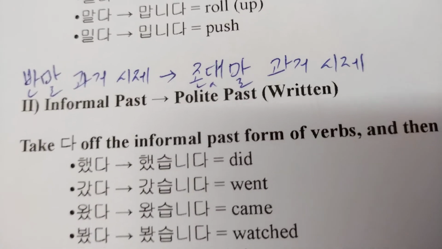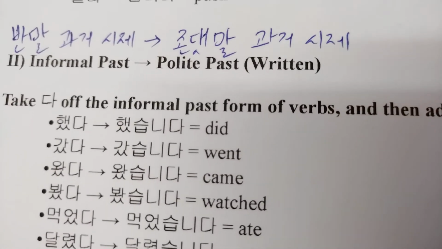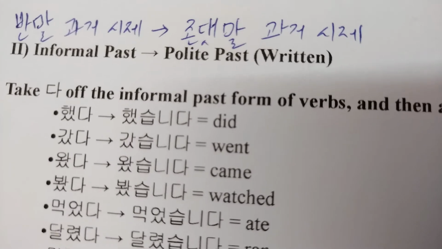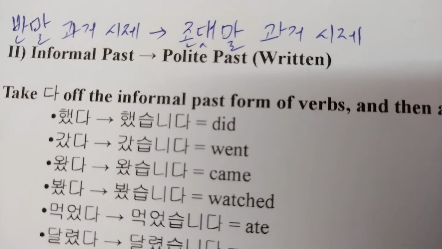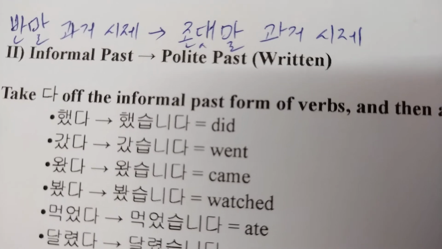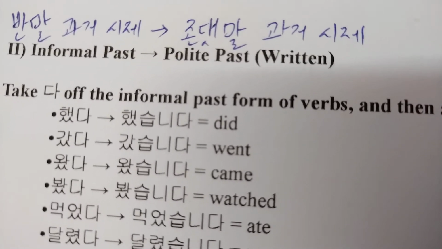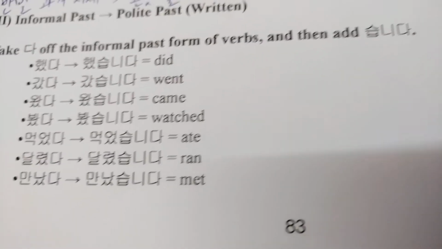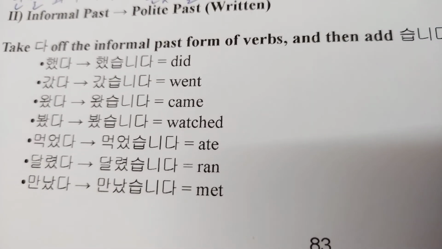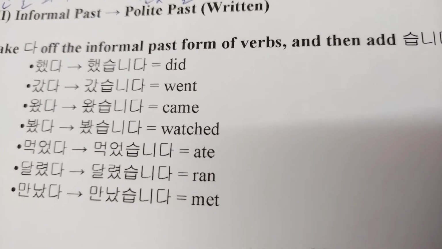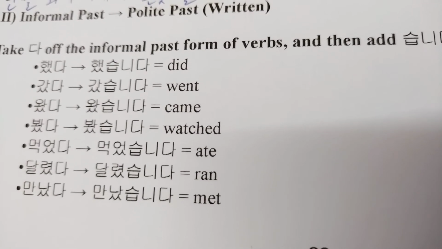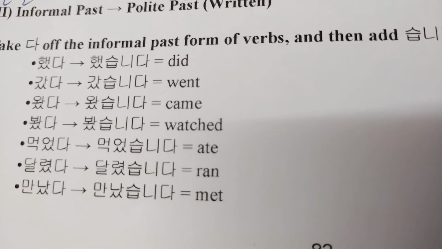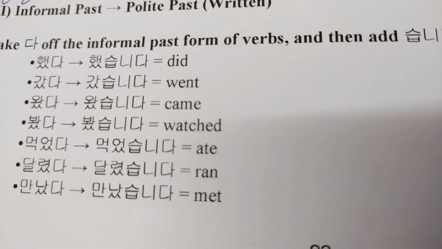The next one is converting something from 반말 과거 시제 to 존댓말 과거 시제. So it's all past tense. We are just converting it from 반말 to 존댓말. Before we saw present tense, that is 현재형. Now we are seeing 과거형. So the rule here is pretty much nothing. You just take off the 다 at the end and substitute it with 습니다. Just that, because we have the 받침 already there from the form we started with. We started with